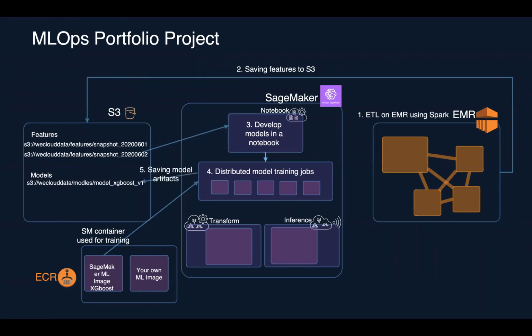And then after the training, you're going to save the model artifact back to S3. That's taken care of by SageMaker as well. The model is packaged and saved back to a data store. In this case, it's Amazon S3. But if you work with a model registry tool, you can save that to the model registry tool, which is probably also using Amazon S3. And then after the model has been saved, we're going to do prediction. So imagine you're going to do batch prediction. Let's say you have millions of users and you would like to generate a churn prediction score for all of these users on a weekly basis. That's when you're going to use batch prediction.